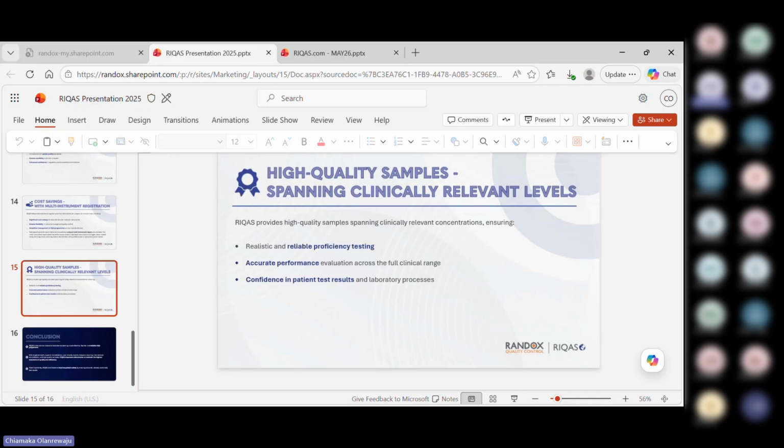James pointed out, you see maybe sometimes you get very high sample levels, get very low, you get the normal, and also it just spans across. It's not just getting high levels at all times or low levels at all times. So it spans across so you can relate them to patients. So it's realistic, reliable, accurate performance, and then the important thing is just having that confidence that